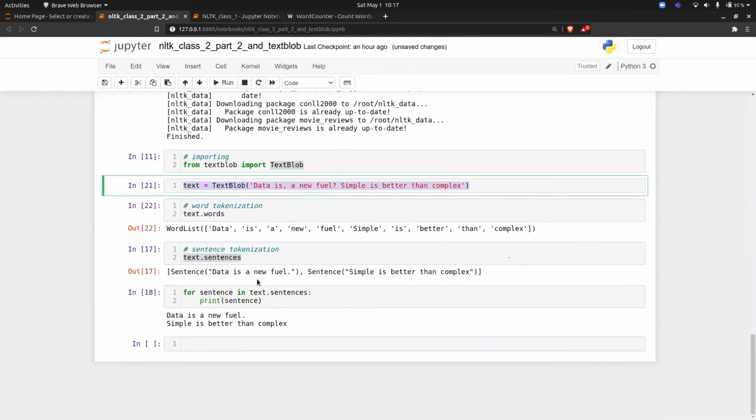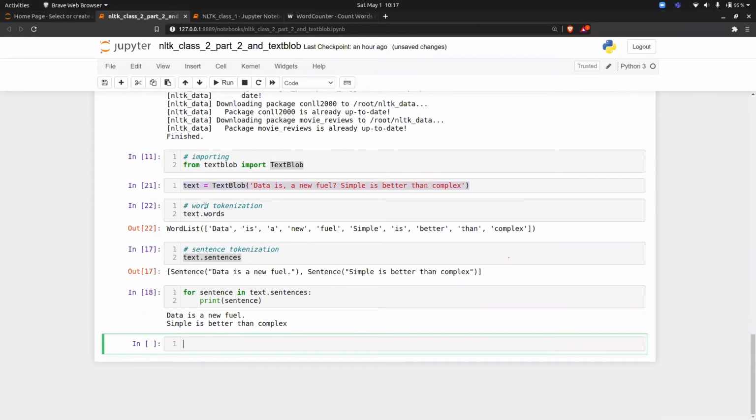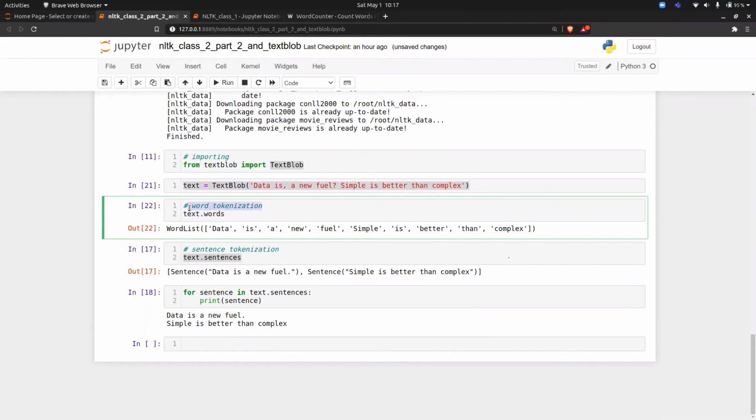Yes. So that's why I'm teaching all the libraries step by step, so you will understand why this library is important compared to others. This is the main purpose of teaching you all the libraries one by one. So the sentence tokenization and the word tokenization is clear to everyone.